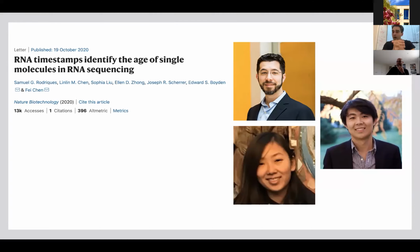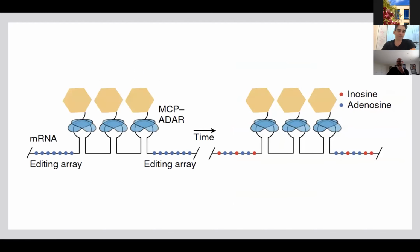If you want to know when a transcript was made from an endpoint measurement, you just need to ask how old that transcript is. And that's entirely what timestamps is. So timestamps is a way of measuring the age of RNAs, which then allows you to infer when the RNAs were made, which then allows you to infer what the cell was doing at the time when the RNAs were made. And the way that this works is basically that we